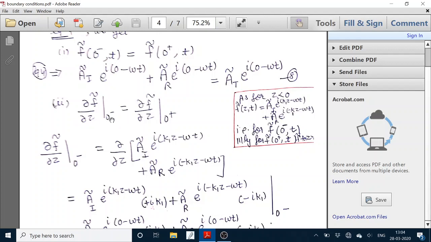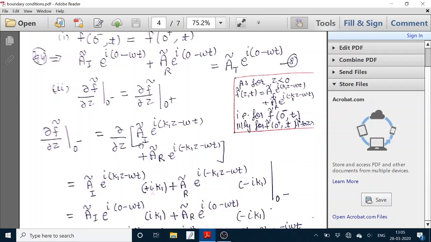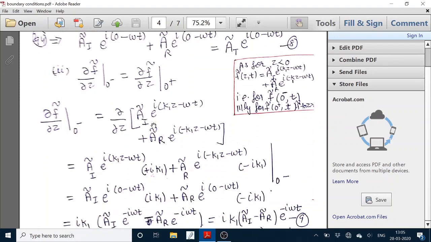and the second boundary condition is that the derivative of the function at the left hand limit equals the derivative of the function at the right hand limit. So first we are going to find the value of the derivative. For the left hand limit we take the function for the region z less than 0. When taking the derivative, we know that the derivative of an exponential function is the exponential function itself times the constant of the variable, that is i and k1. So here we have A_i exp(i(k1 z − ωt)) times ik1 plus A_r exp(i(−k1 z − ωt))